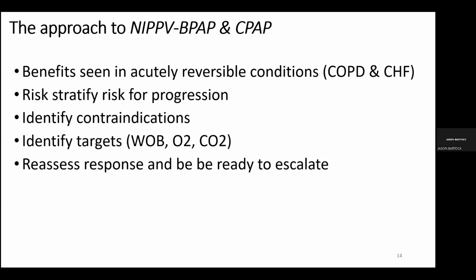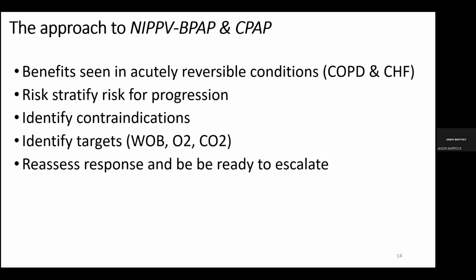Think about your targets: work of breathing, right? Both CPAP and BiPAP are good modalities for offloading that mechanical work, right? For exhalation, or for both inhalation and exhalation. Think about the targets of both oxygenation, generating mean airway pressure, and carbon dioxide clearance, thinking about the overall driving gradient, right? Whether you choose CPAP or bilevel based off of your underlying pathophysiology. And then always